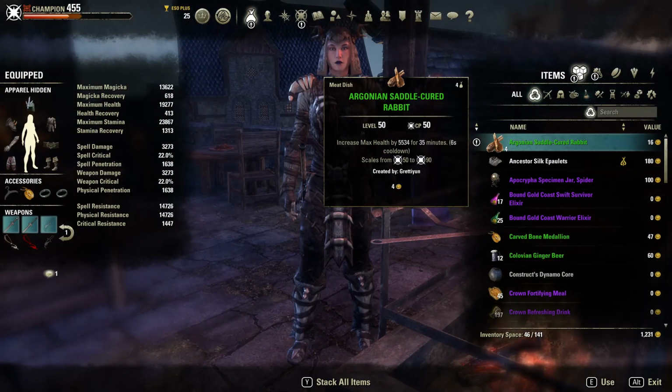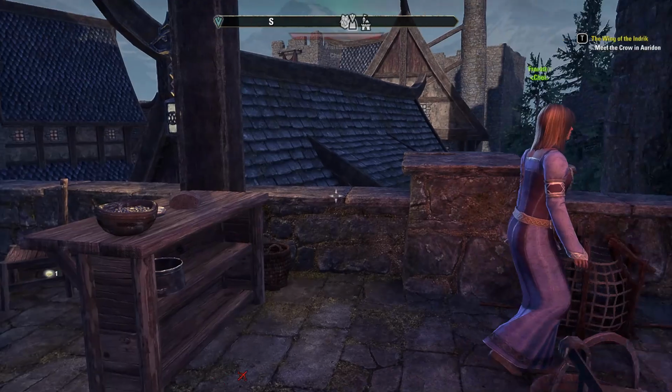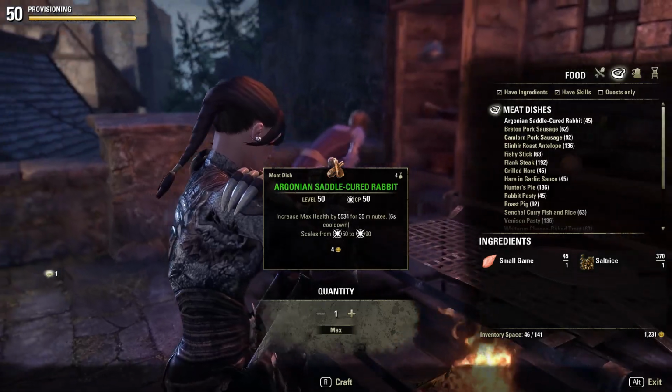Now, I do have a skill that gives me extra ones, but you can see I get 4 gold per thing. So normally I would just mark these as junk, so it's a good way to get money as well as get some skill going. And the reason why you're going to want to cook is because you cannot...